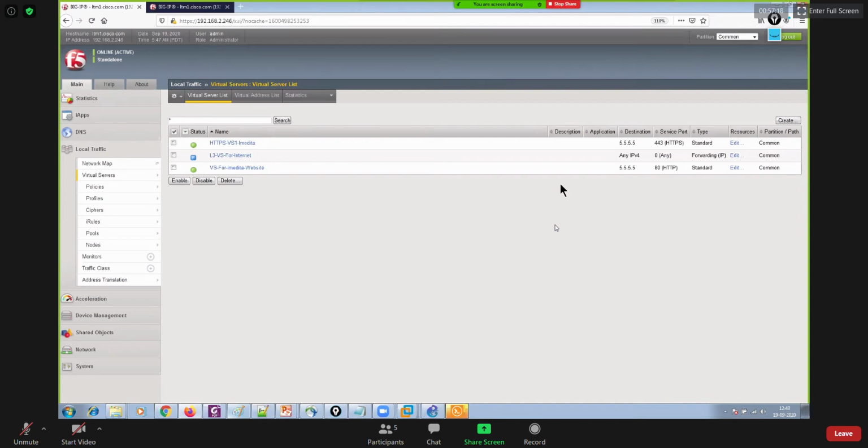And we are not really aware of what the status of the pool is, right? So that's why the status of this virtual server will always remain unknown. You cannot modify that because we don't have anything to attach with this virtual server based on which it can change its status. Okay? So that's not something possible.